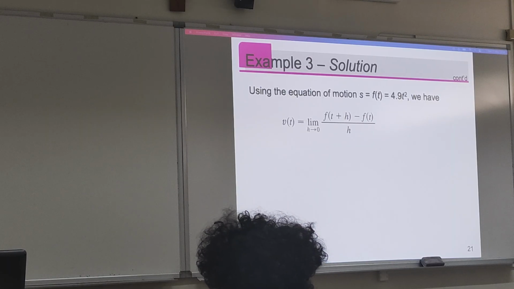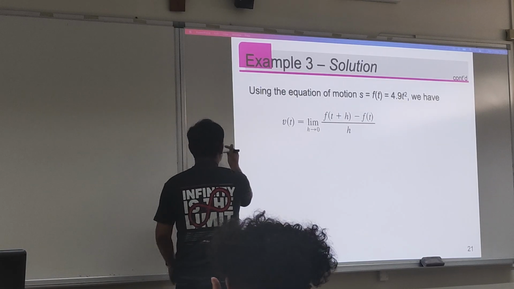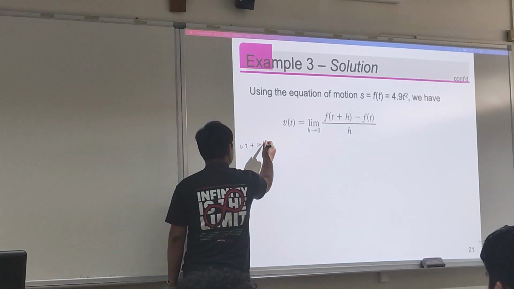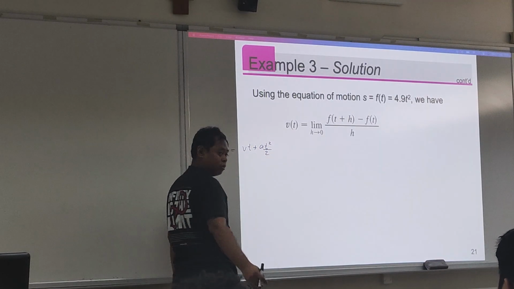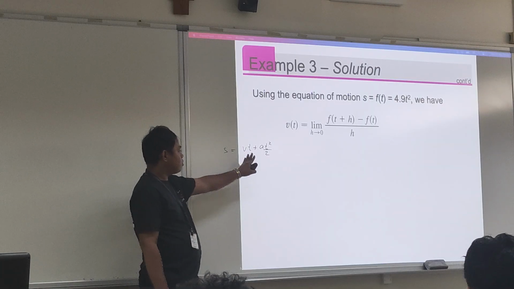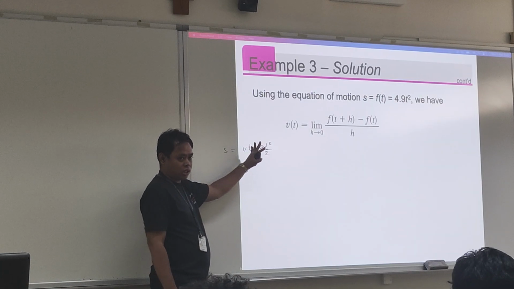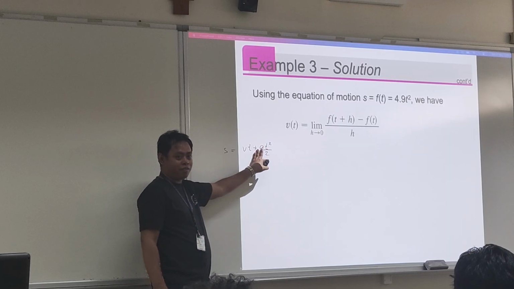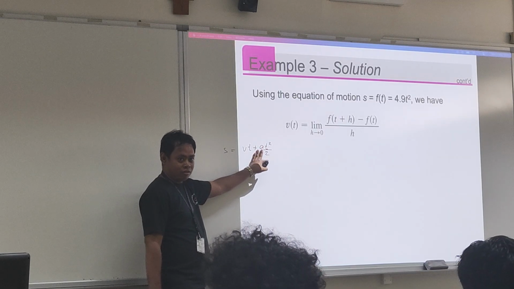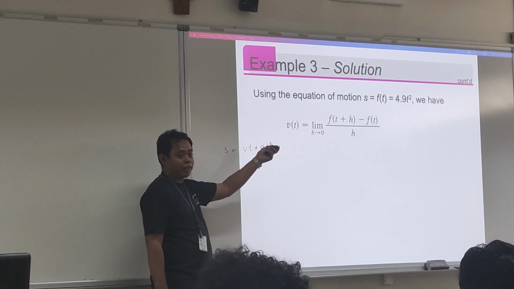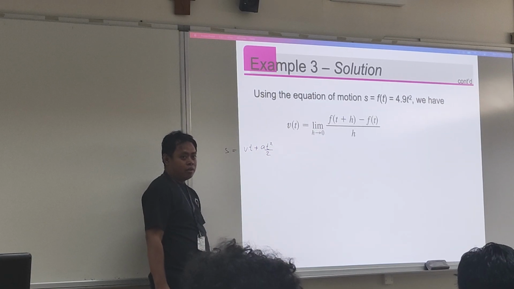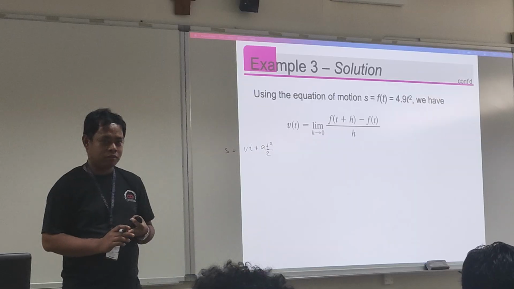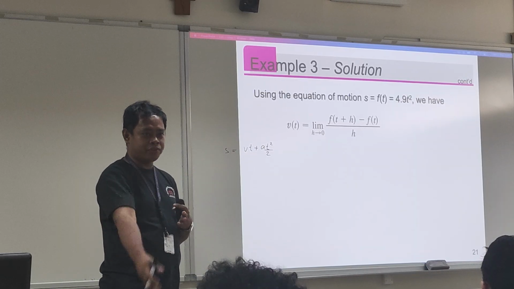Well, in general, your formula for S is v times t naught plus a t squared divided by 2. Of course, here the initial velocity is 0, guys, from the very start. So with that, your acceleration is 9.8, divided by 2, that's just 4.9. This is the displacement or position function, or the directed distance.